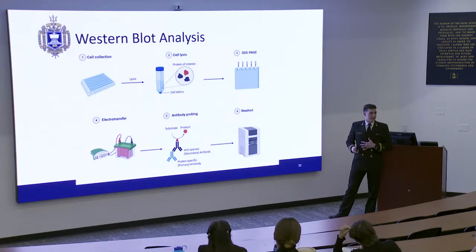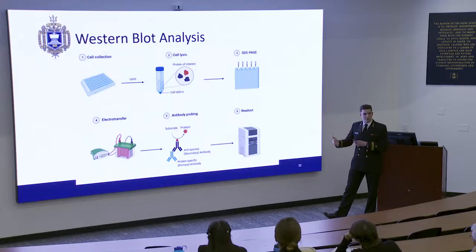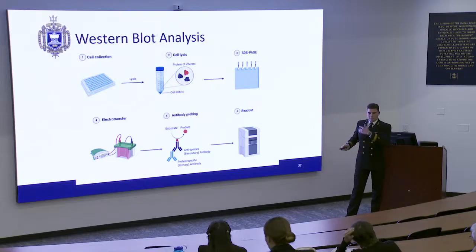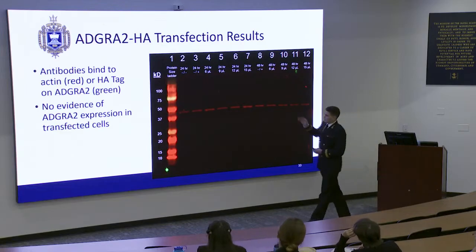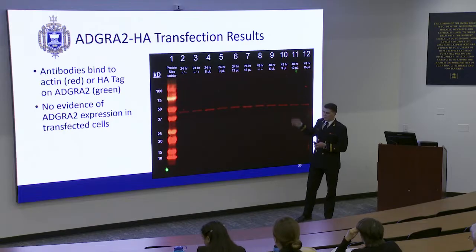Then to confirm if that happened, we use Western blot. We lyse the cells, we get all the debris, all the proteins in the cell, then we separate it out by fragment size, right? See the size of the protein so we know what protein it is. Then we transfer it to a membrane and treat it with antibodies that allow us to visualize that using a near IR imager. And what we found was we successfully added the antibodies, and we had a control protein,